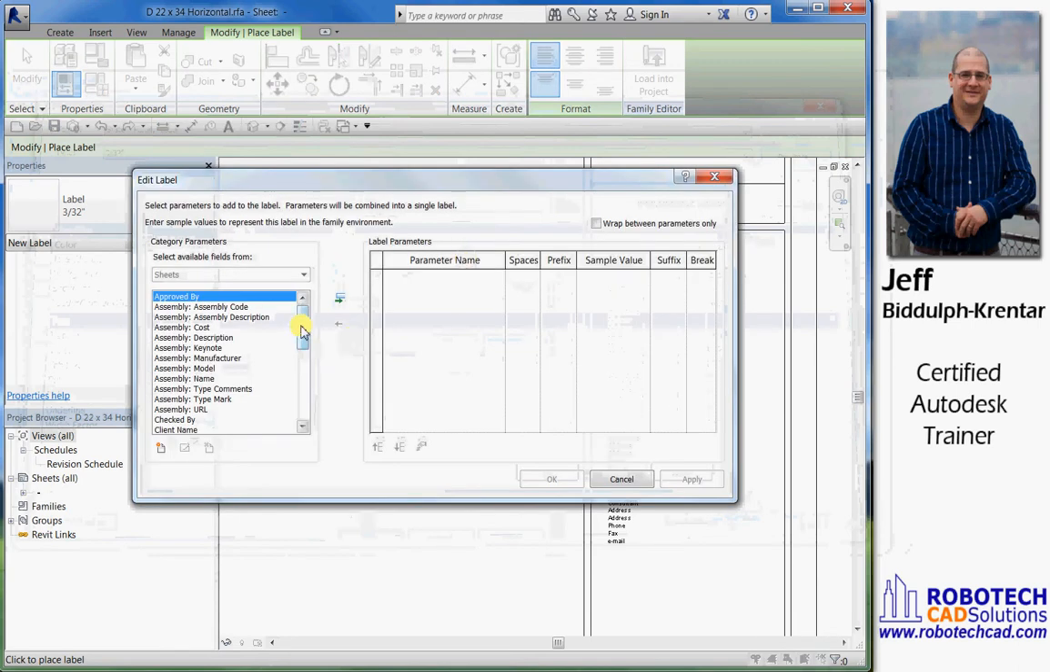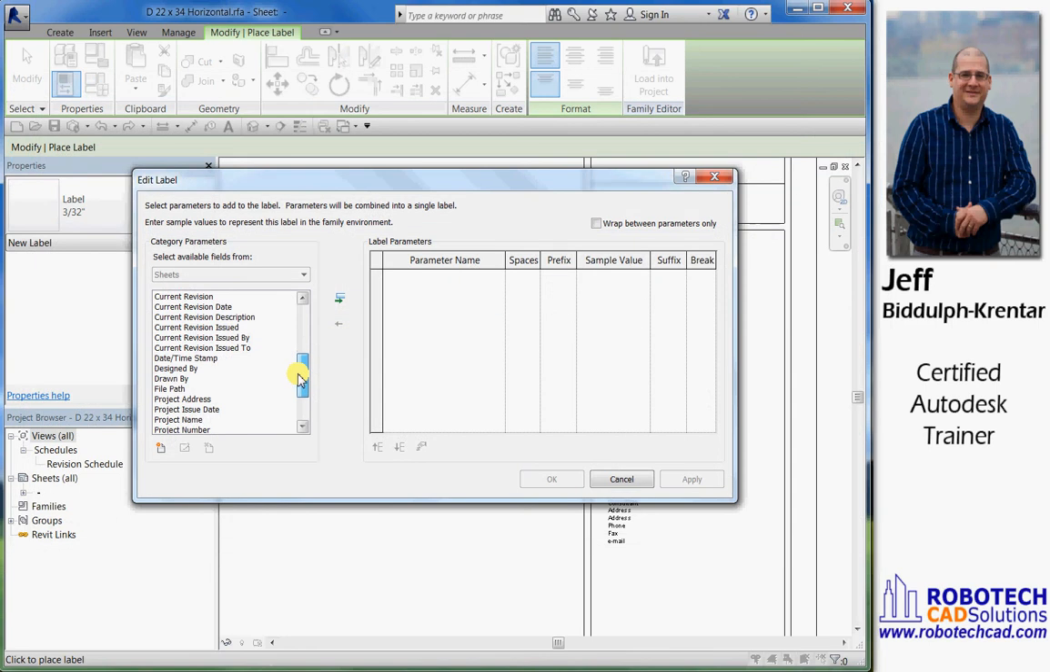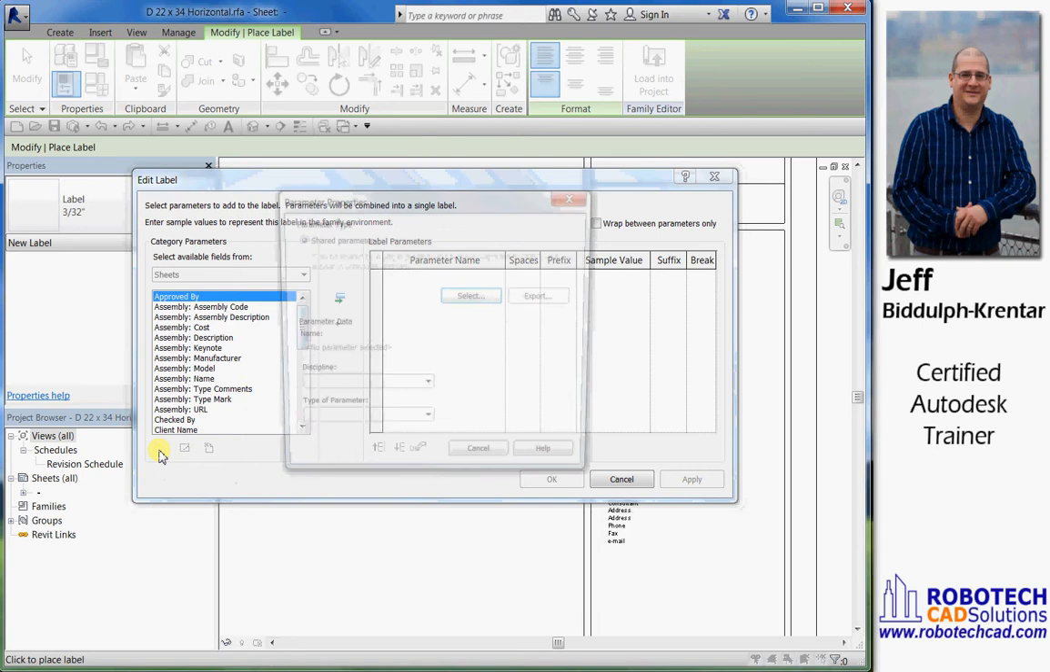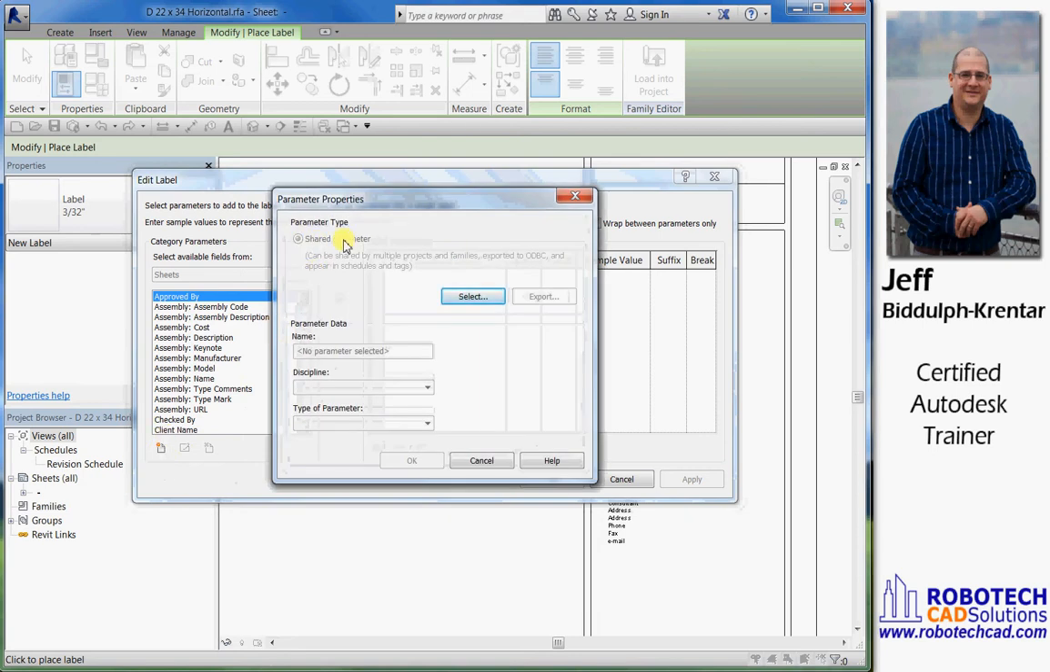and then I'll take a look at the types of parameters that we can add to this label. So these are all the parameters that come with Revit, but we're going to have to create our own custom parameter. So I'm going to click on this guy down here, Add Parameter. It opens up this box where we're going to start using shared parameters. That'll be shared by this family and the projects that we put it in. So I'm going to click on Select,